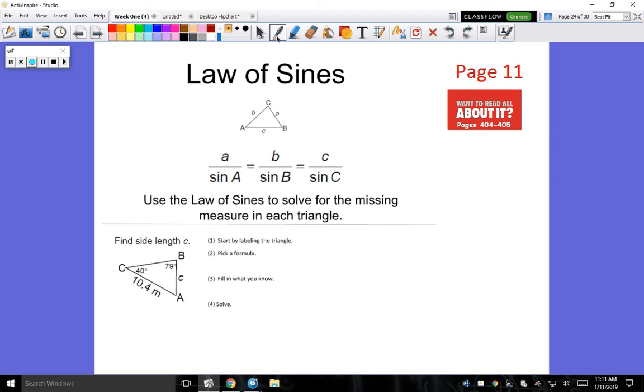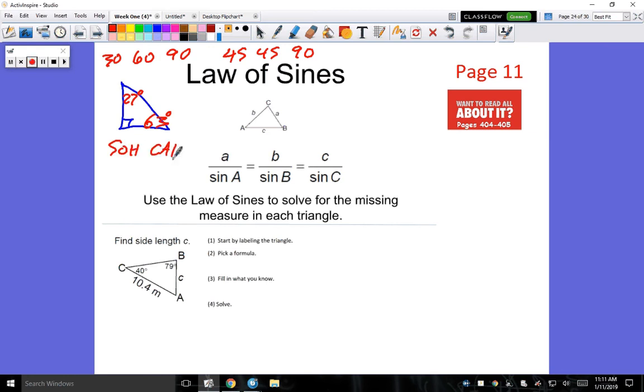So far, we've been working with right triangles. We've been working with special right triangles, either that one or this one. We've also worked with non-special right triangles, right triangles that are not special, like if you had 63 and you had 27. They're still right triangles, but they're not the special ones. And we use SOHCAHTOA with those. We use SOHCAHTOA with these, and we use the chart x, x root 2, and so on and so forth with those. Now we're going to move on to something called